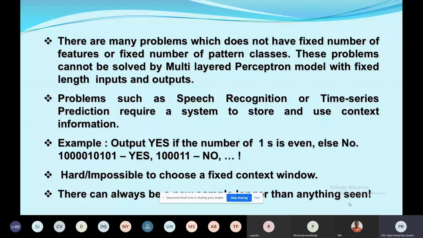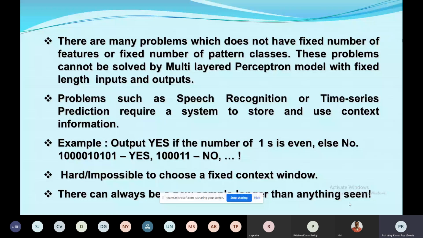So there are many problems which do not have a fixed number of features. You may ask, okay, how many features are there? Repeatedly, I have been telling the same thing. Number one, nobody knows what the best set of features is. You have taken some set of features, somebody else may say no, this is a better set of features. So this is a big problem, and these problems cannot be solved by a multi-layered perceptron model with fixed length inputs